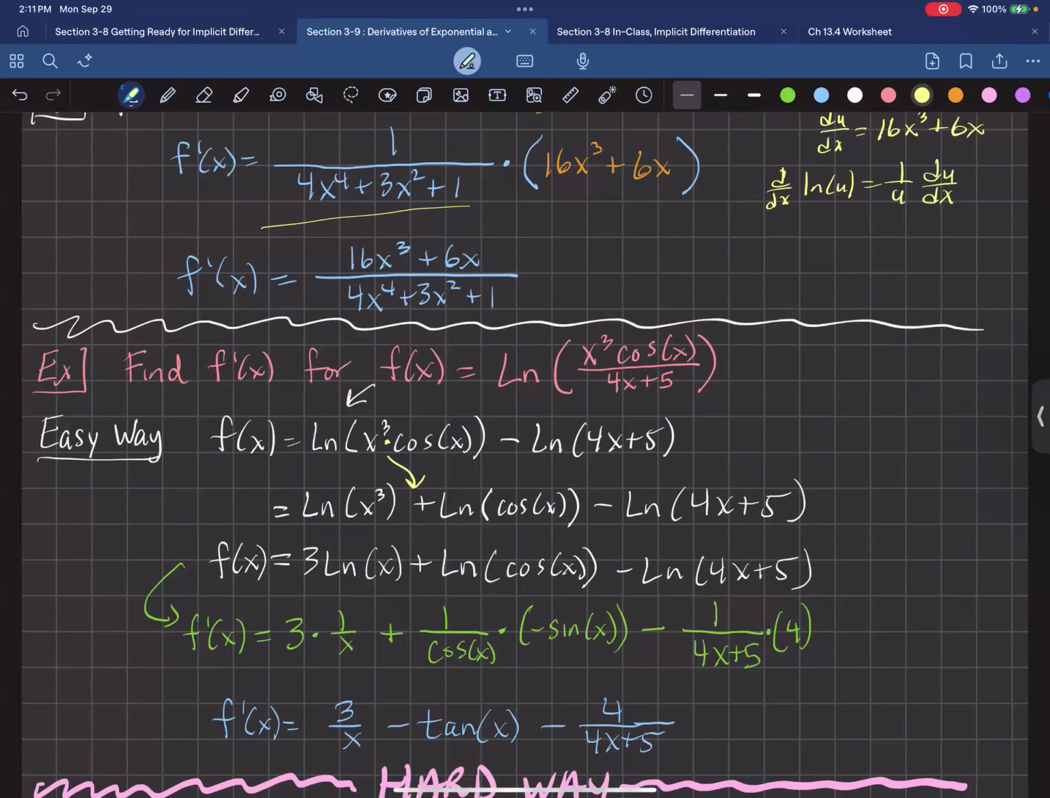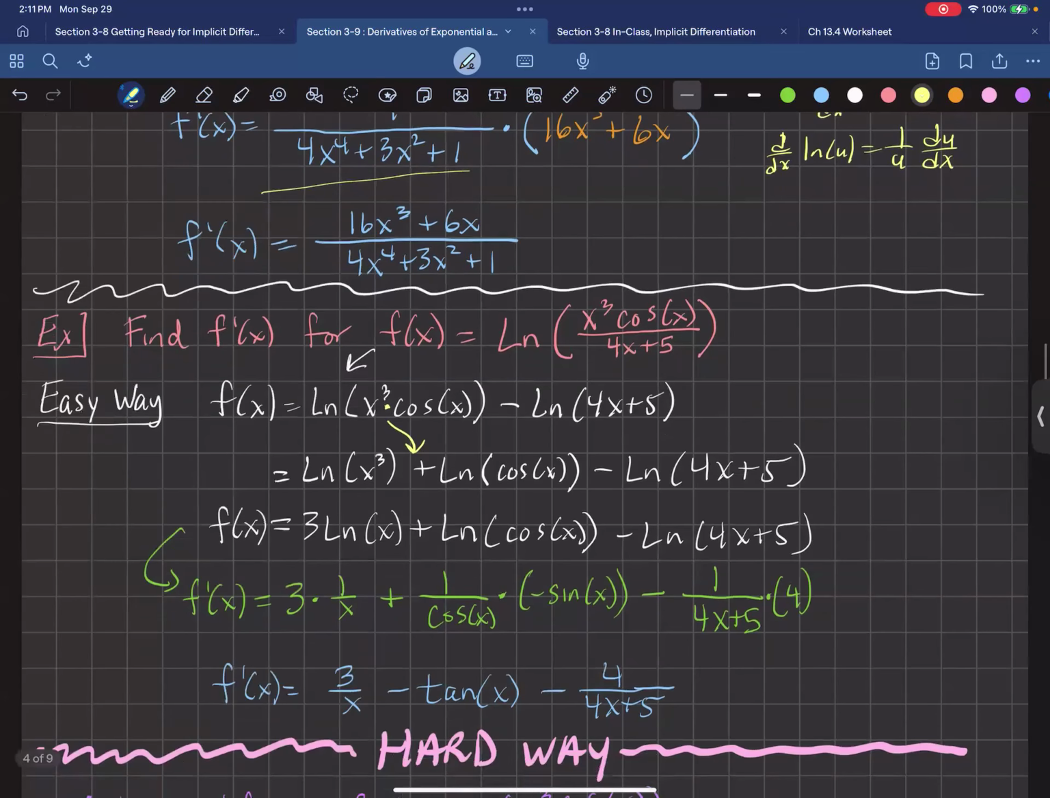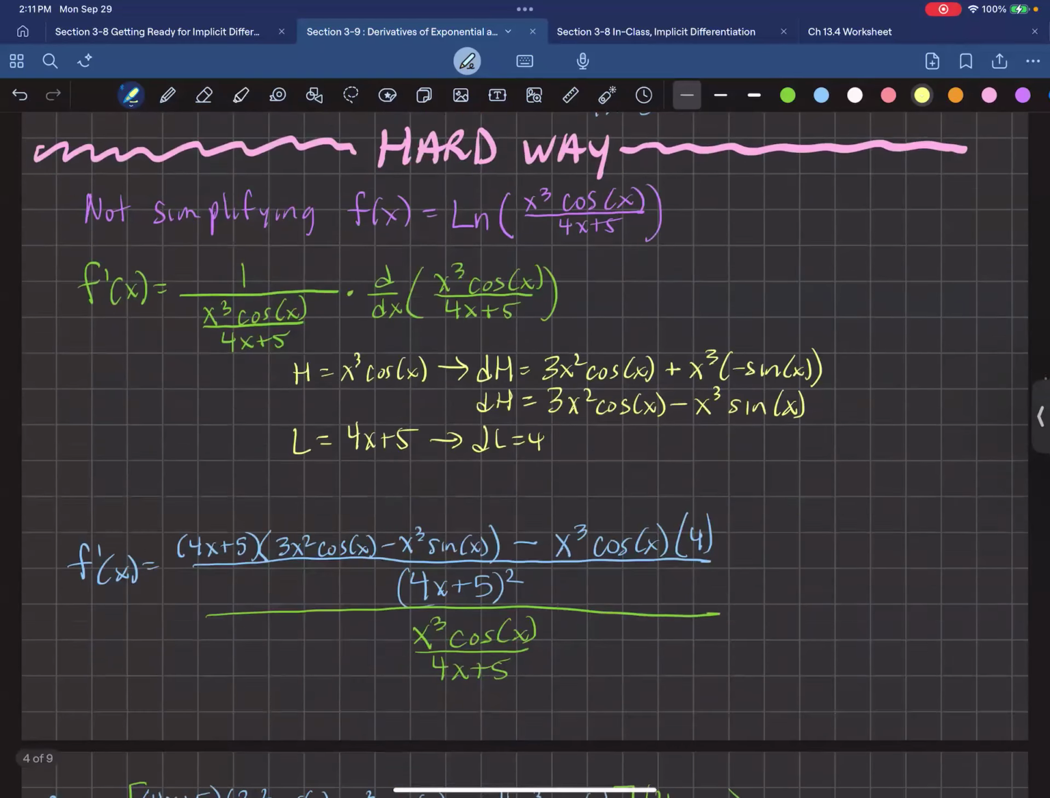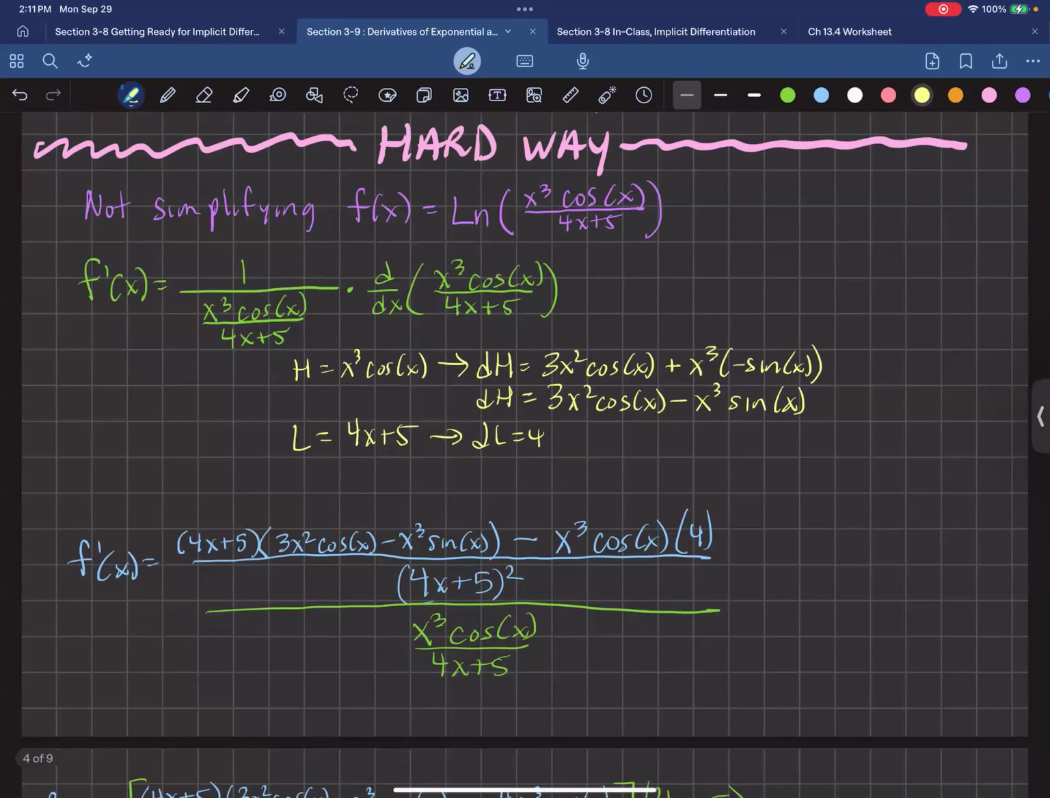Now, describing and doing the full hard way mode is going to take like a 10-minute video. I'm going to put it on the screen and just show you what would happen if you tried to do it. If you didn't separate it, you've got to do 1 over the value of the inside times the derivative of the inside. The derivative of the inside has a quotient rule and a product rule, which means after you go through all of that mumbo jumbo,